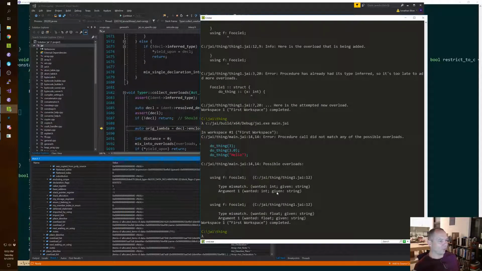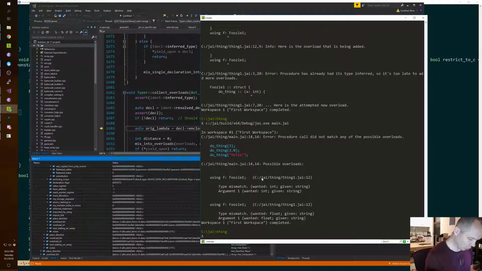Okay. So this error message is really not good, but let's write that down. I'm going to probably go to bed before too long, but we will at least make a list of things to fix and we can do them later. So possible overloads using fboozle1.